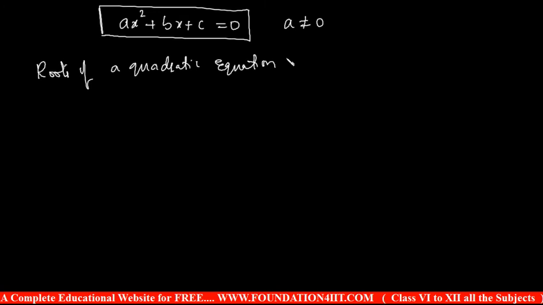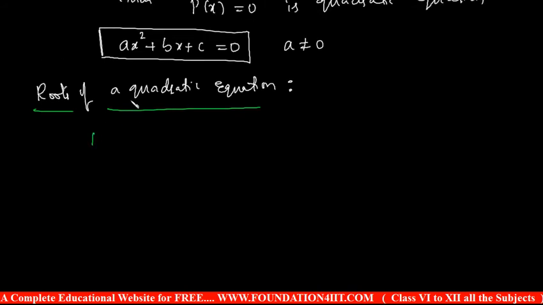In a polynomial, we substitute the value to see whether it makes it equal to 0 or not. Here also the same concept, just in the place of x, a, b, c are the real numbers. In the place of x, we'll substitute the value. If that becomes 0, then that is the root of this quadratic equation. Same as the previous example you have seen already. Let p of x be x square minus x minus 12. So this is a polynomial. Then from this, x square minus x minus 12 is equal to 0.